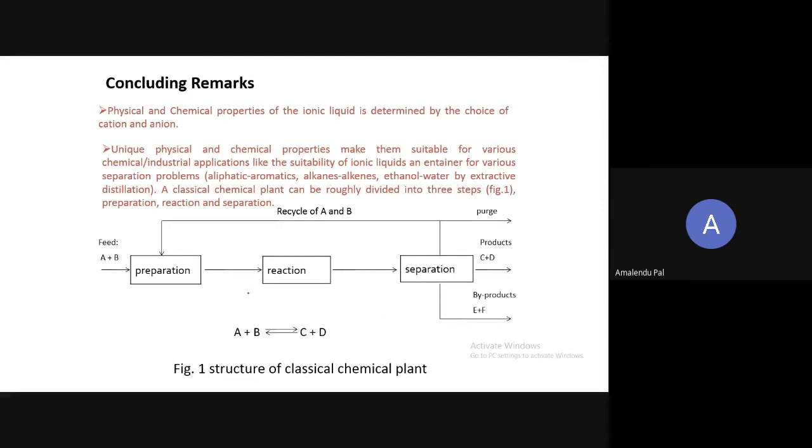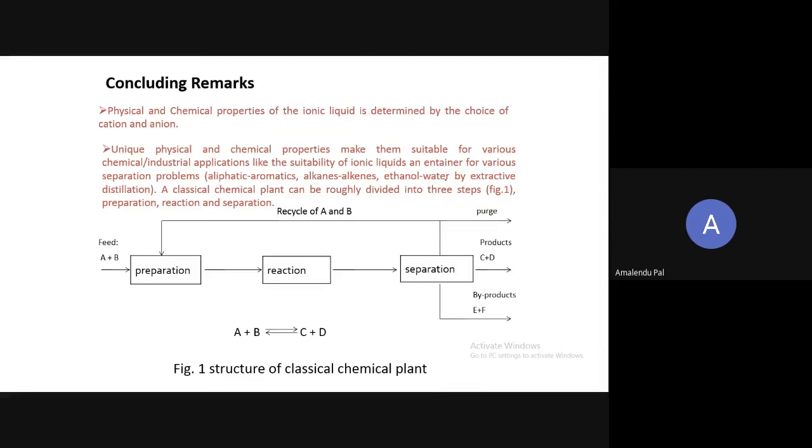Choice of cation, that I told you. Choice of cation, anion, physical properties you can change, chemical properties you can change, and the unique physical and chemical properties make them suitable for various chemical industries, like the suitability of ionic liquid as an entrainer for various separation problems. If you want to separate aliphatic from aromatic, suppose, then you have a separation problem. But ionic liquid can separate. You can separate 99%